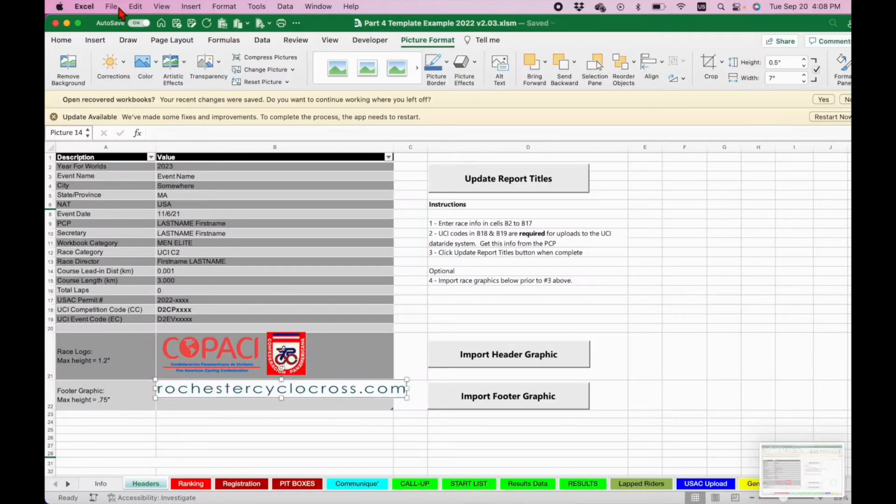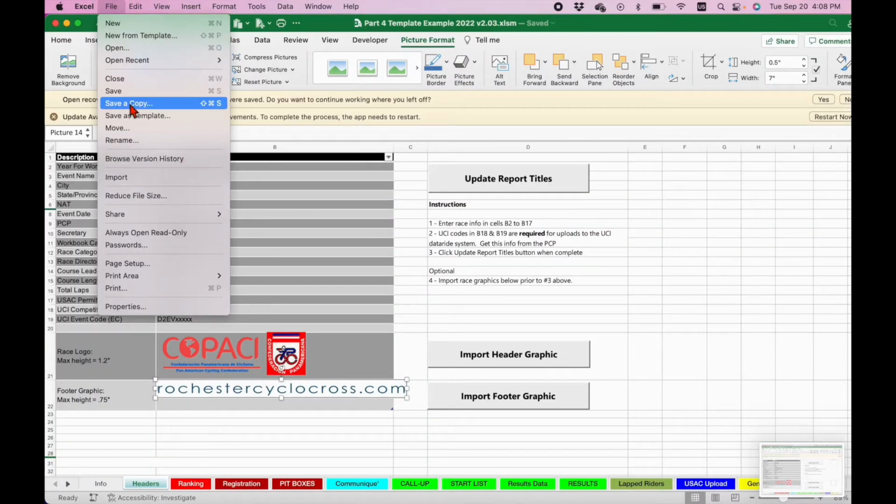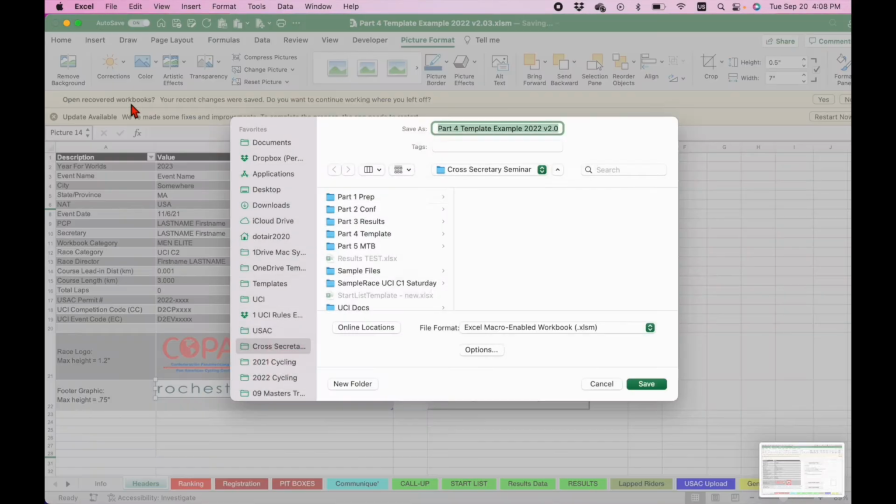Once you have everything correctly input into your spreadsheet on the header tab, you're going to want to first save your file. I have autosave on, so it saved it to my location. And then save one file for each race that you do. So file, save a copy. And if this were to be my Women Elite Saturday, C1, save it into your race file,